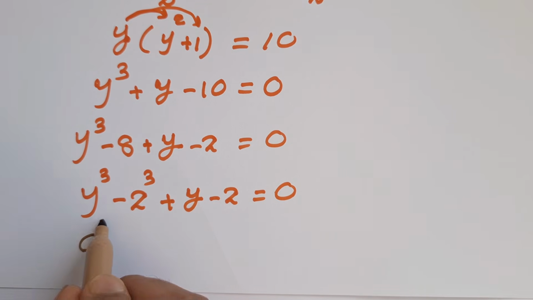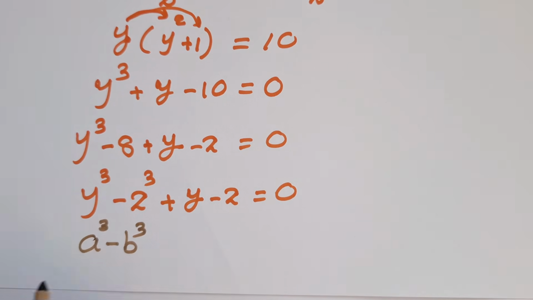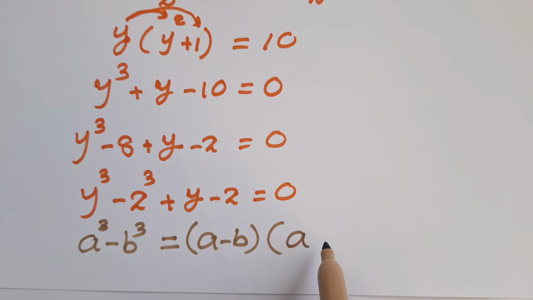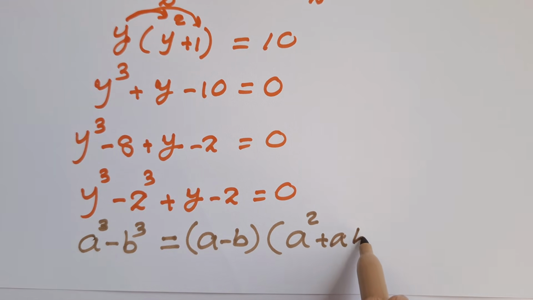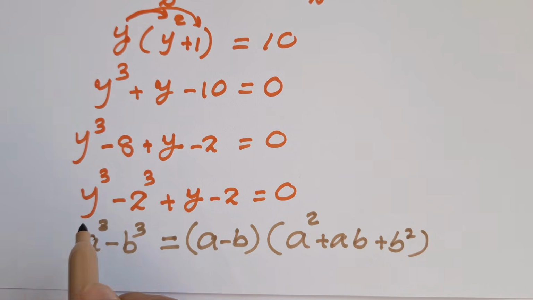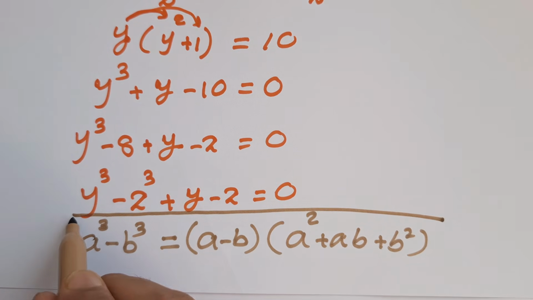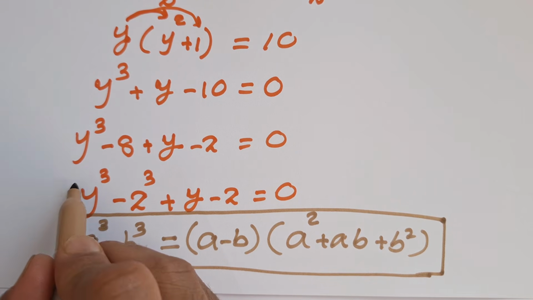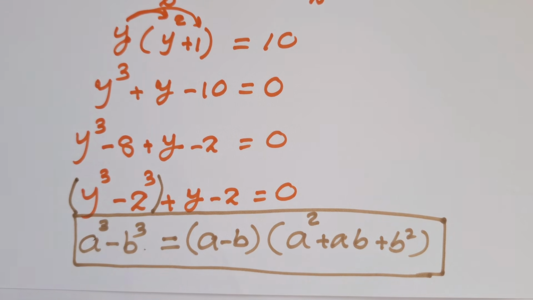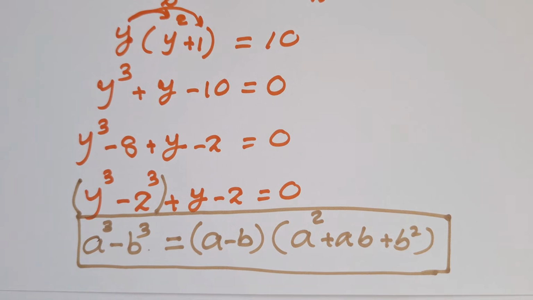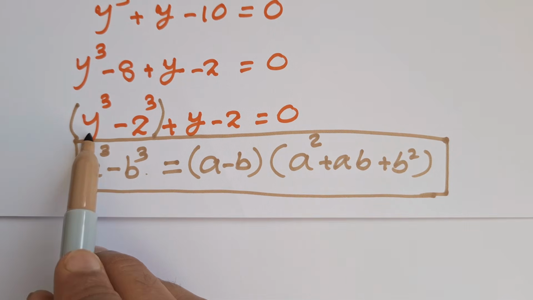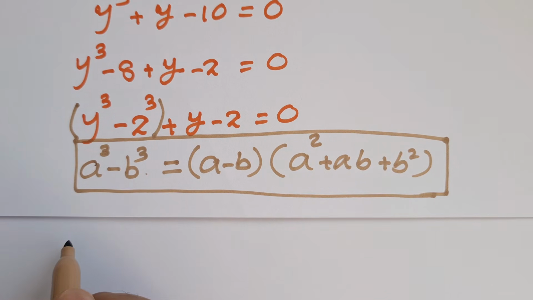Now we know that for any real numbers a and b, a to the power of 3 minus b to the power of 3 can be written as a minus b times a square plus a times b plus b square. So according to this one, just imagine that a is equal to y, b is equal to 2. So now I can factorize y to the power of 3 minus 2 to the power of 3 according to this rule. So then I will have in the next step, instead of y to the power of 3 minus 2 to the power of 3, I can replace